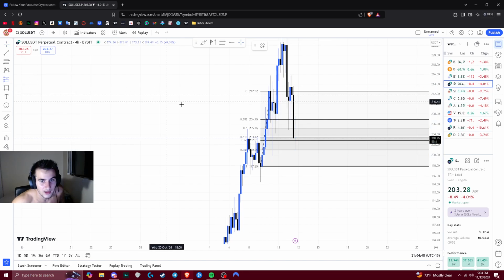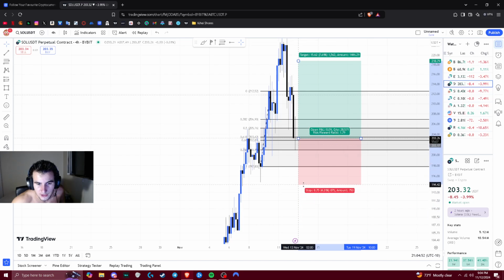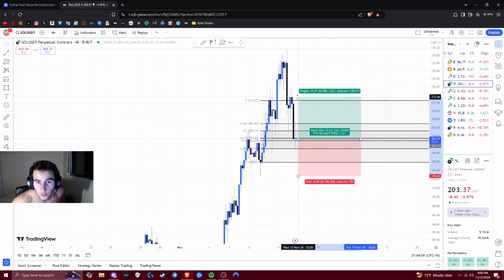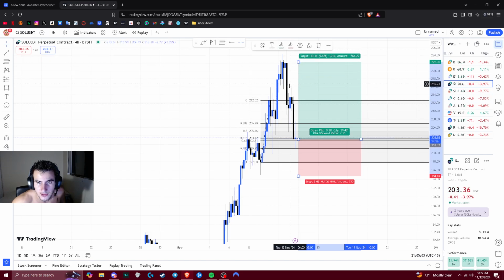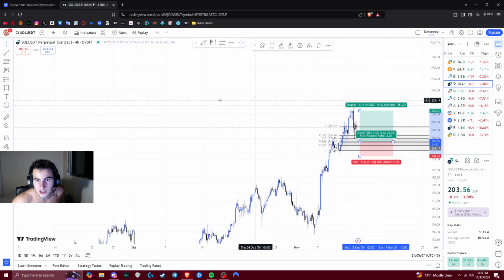And I'm going to enter hopefully right here if it chills here. I'm going to have my stop loss down here, 194. And I'm going to have my target price 1 here, and then target price 2 right here using the support and resistance levels. And then my target price 3